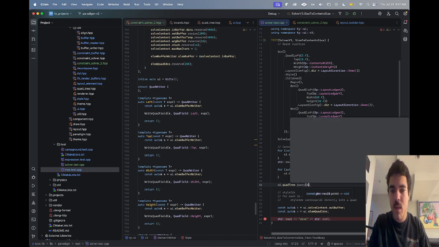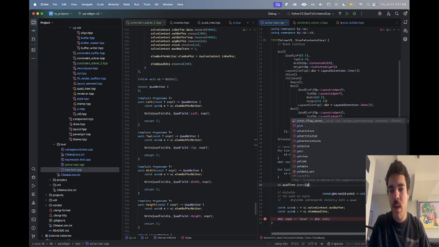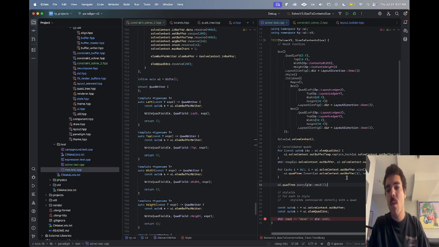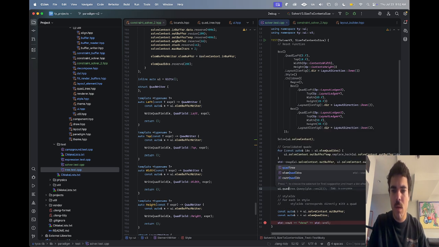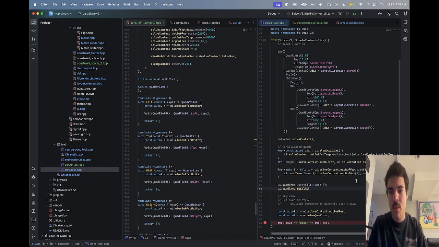Can we access the engine dot? Okay, I did not include that. Let's just say mouse or whatever, a glm vec2, wherever the mouse pointer is. We query for that. We get a list back. I think ui.quadtree.results. Yeah, we get so